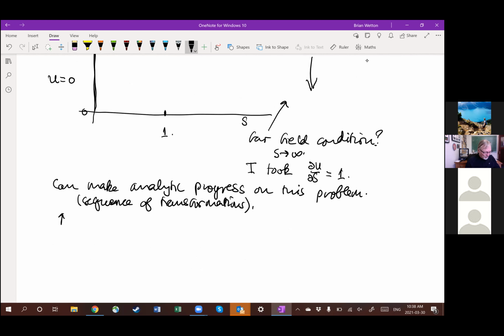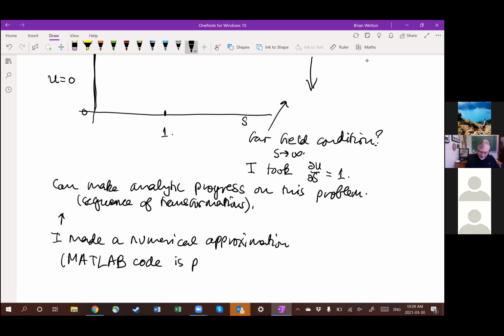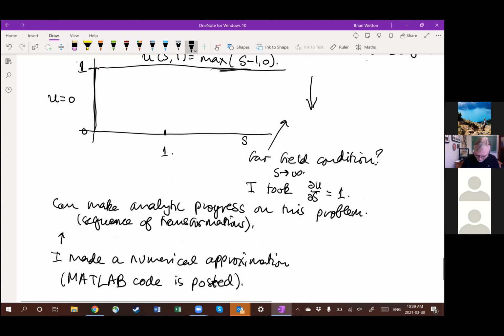I like the idea of making a numerical approximation. So let me show you that in the 7 minutes remaining. And the MATLAB code I posted. This is partly in response to, I think, more than one student who said they were interested in seeing some numerical implementations of these types of problems. So yes, there's a sort of complicated series of transformations. You can get analytic solutions, which math finance people really like. But I'm happy to compute. Okay, so now I have to do some things here. So now it's this problem I'm computing,